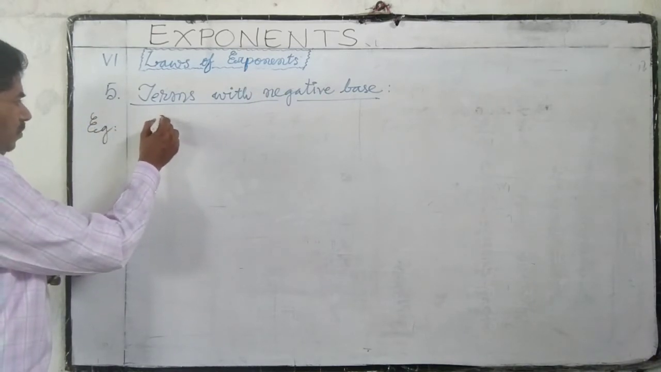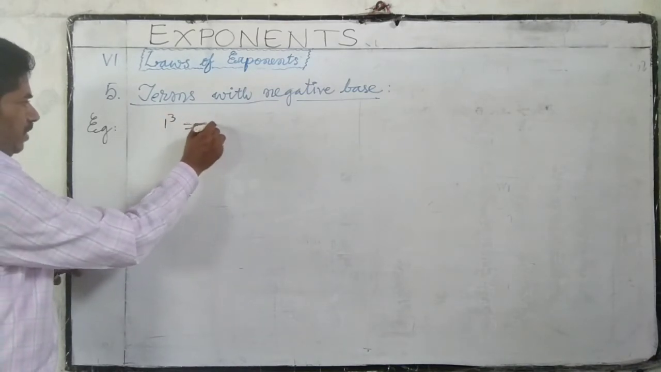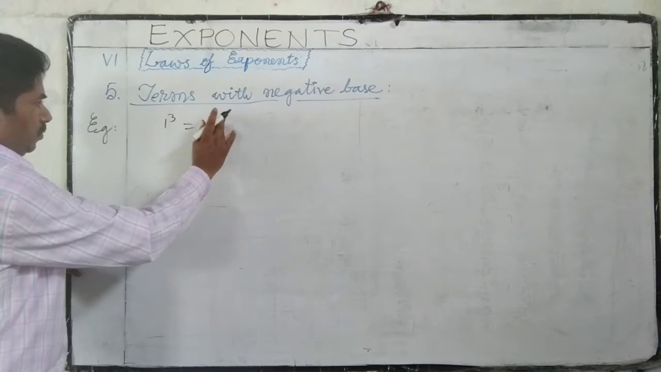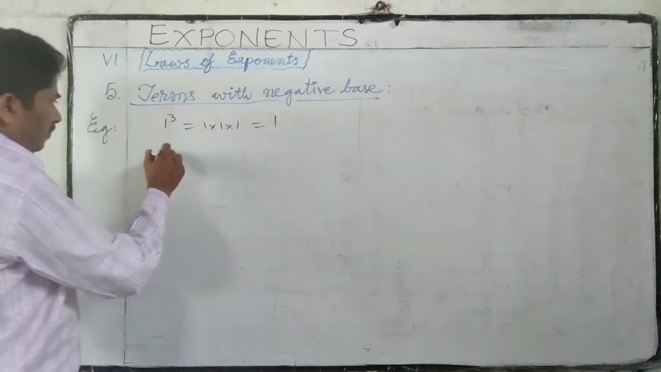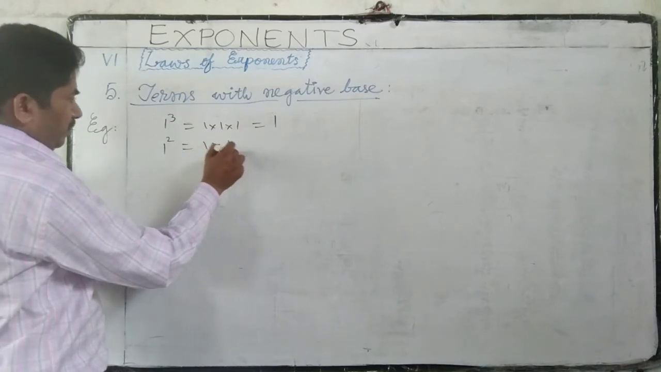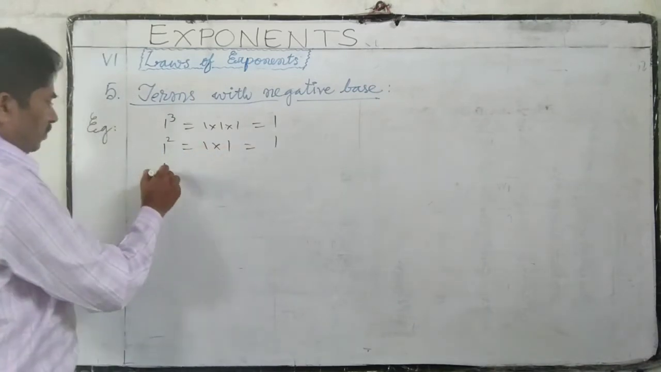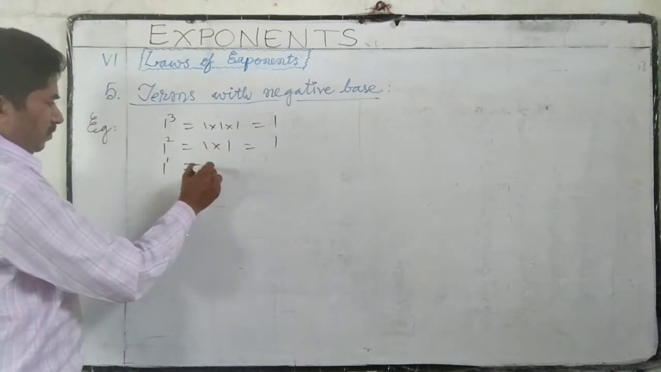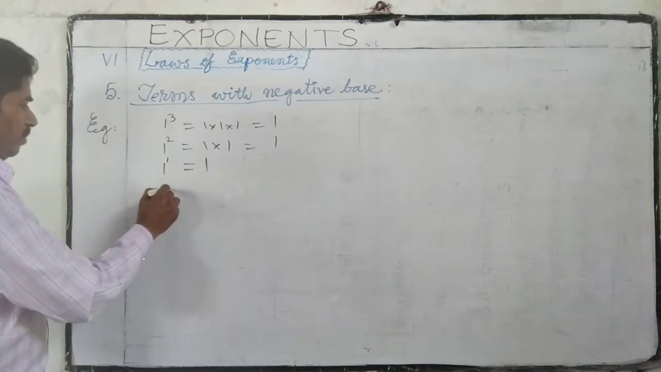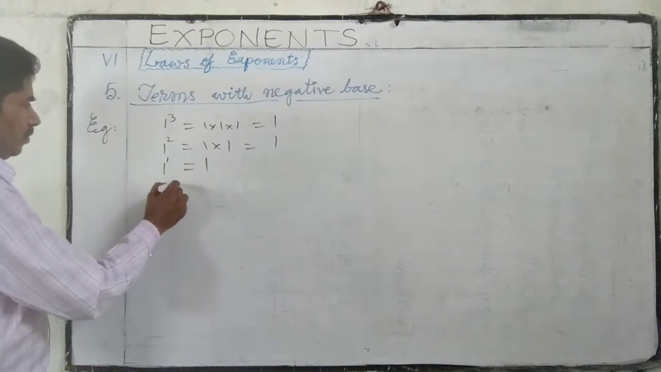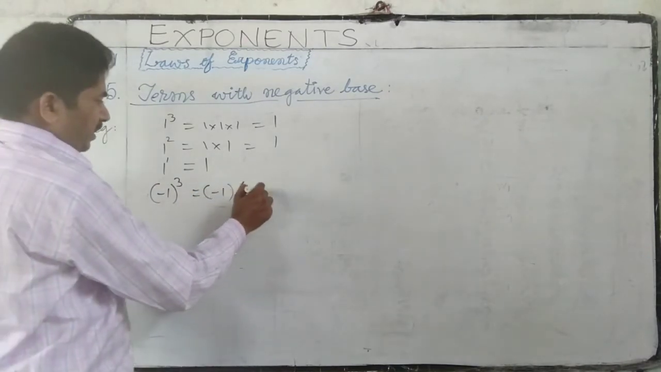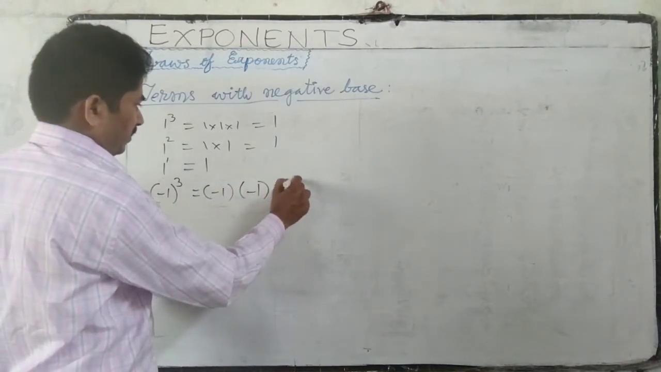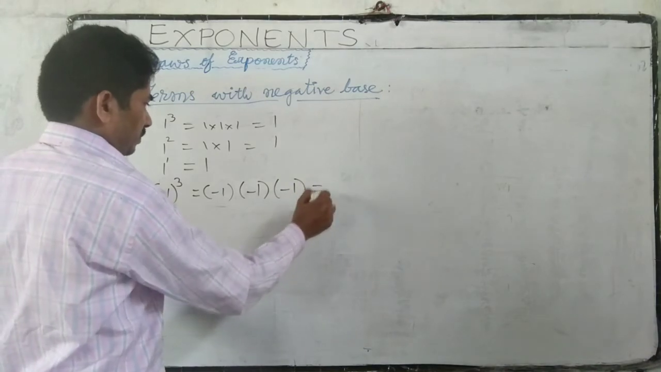One to the power of 3 is equal to 1 into 1 into 1 is equal to 1. 1 square is equal to 1 into 1 is equal to 1. 1 to the power of 1 is equal to 1. Minus 1 whole to the power of 3 is equal to minus 1 into minus 1 into minus 1 is equal to